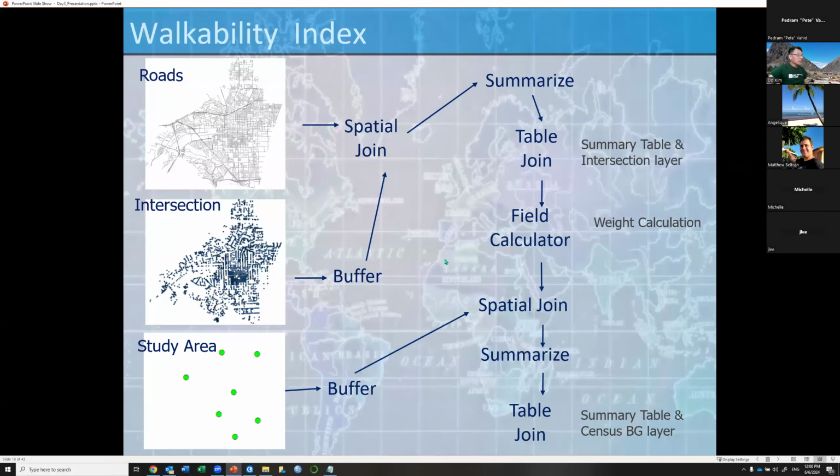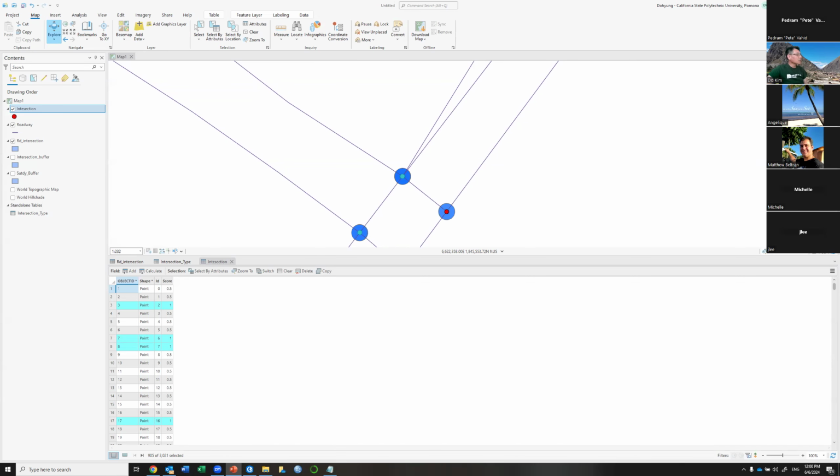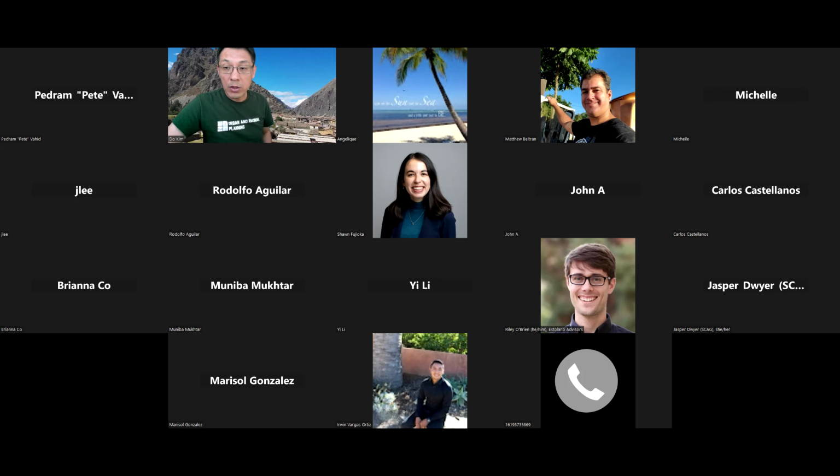So from the beginning up to here, we made progress, and it is noon, so why don't we take a lunch break, and when you guys come back, let's finish this part up. I believe we have time to continue this exercise after the lunch break. Okay, so why don't we take a lunch break, and let's finish this walkability index calculation after the lunch break. Okay, so I want you guys